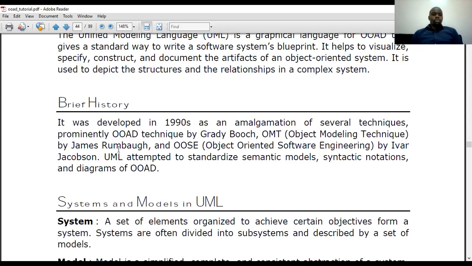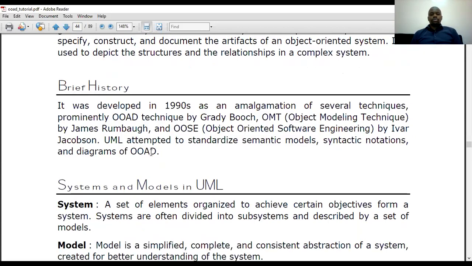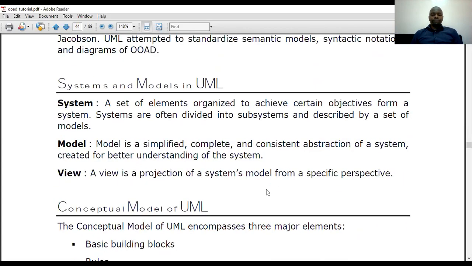So as we are going to be drawing these UML models, you are going to be interpreting them and asking yourself: is this a functional model? Is it a dynamic model? Okay. Now,